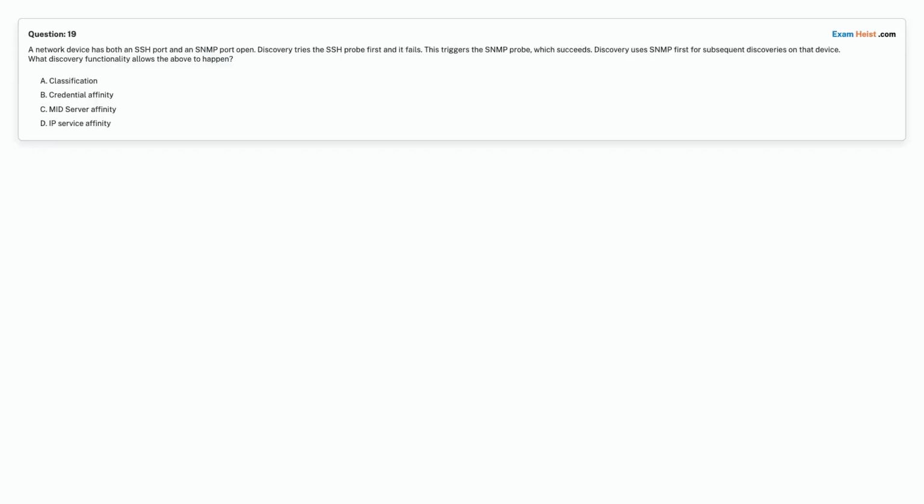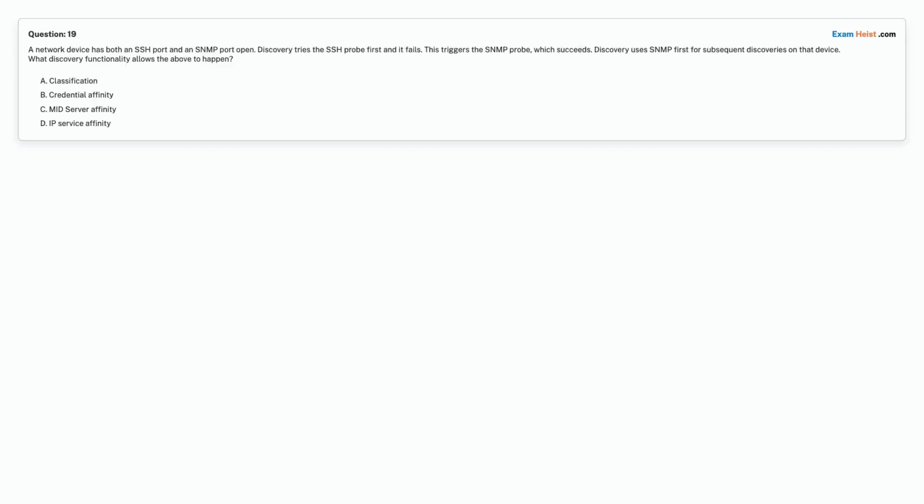Question 19. A network device has both an SSH port and an SNMP port open. Discovery tries the SSH probe first and it fails. This triggers the SNMP probe, which succeeds. Discovery uses SNMP first for subsequent discoveries on that device.